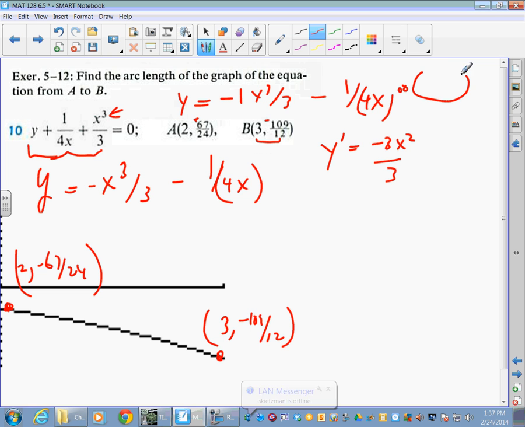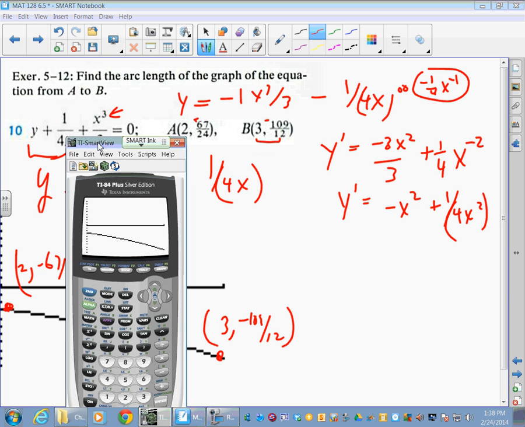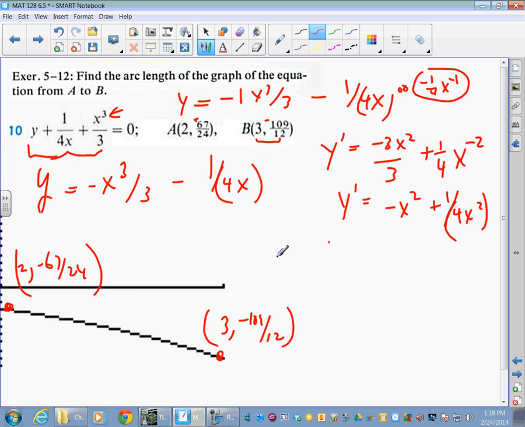Think of this as negative 1/4 x to negative 1. So we plus 1/4 x to negative 2. So my derivative is going to be negative x squared plus 1 divided by 4x squared. Can we do that? So my integral will be from 2 to 3 of the square root of 1 plus f prime of x